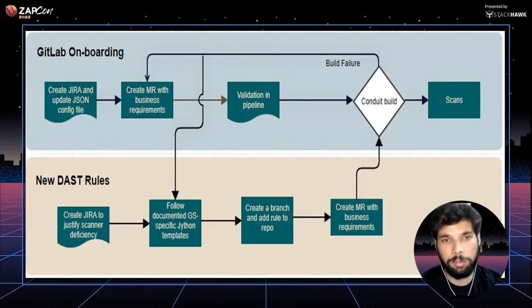And then you create a merge request from a temporary branch in GitLab, for folks who are aware of the whole Git pipeline. And once the merge request is created, the validation in the pipeline happens. This validation is pretty much a check on our end if the person who has created the merge request has done the update according to the standards that we have set in our Confluence pages, right?